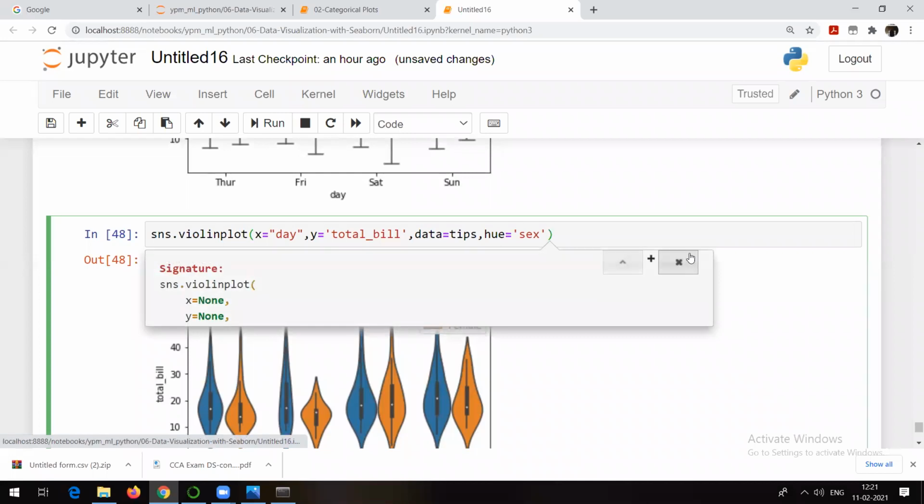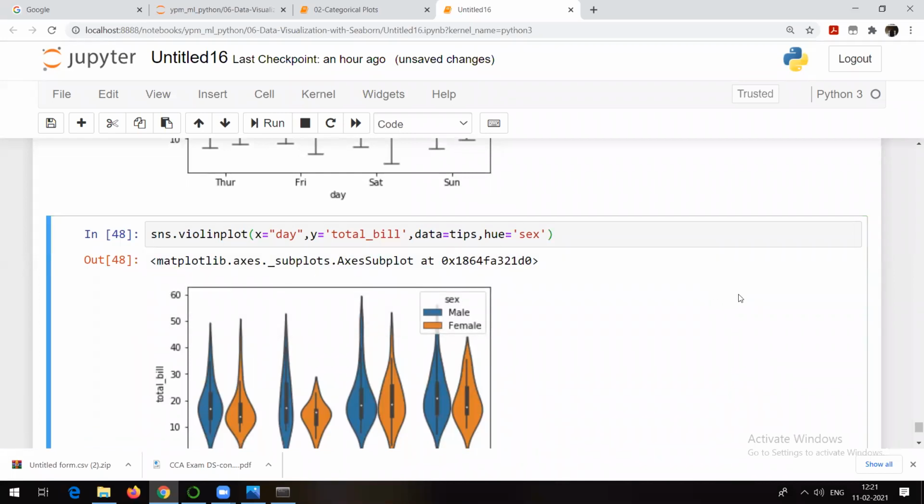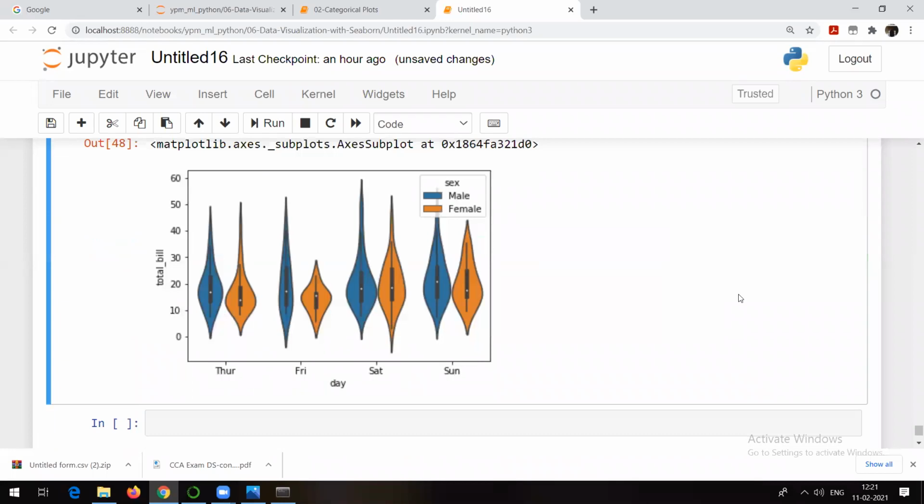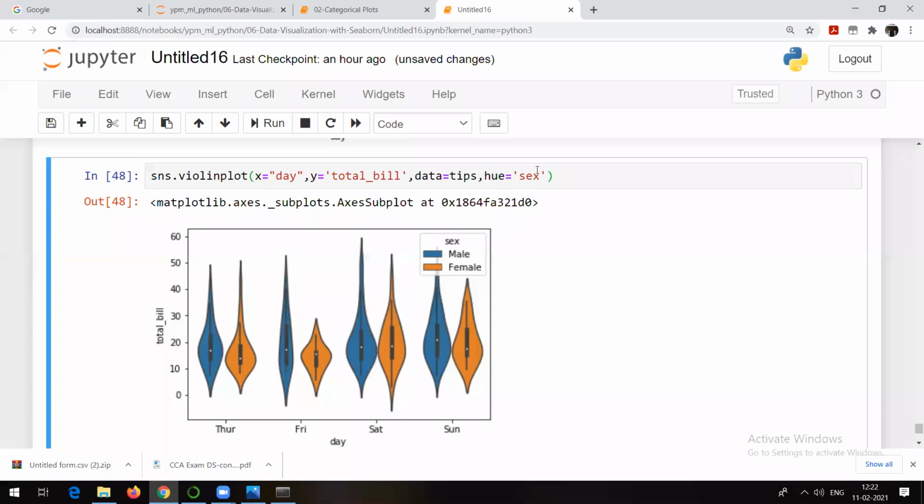For example, see, many times there is a problem with this kind of a graph. If you try to plot it, the problem is that here they are touching one another. Here they are touching one another. So if there is a lot more distribution, then it might happen that the graphs might not be visible, or you will not be able to see the correct relationship. So feasibility will not be there in terms of visualization.